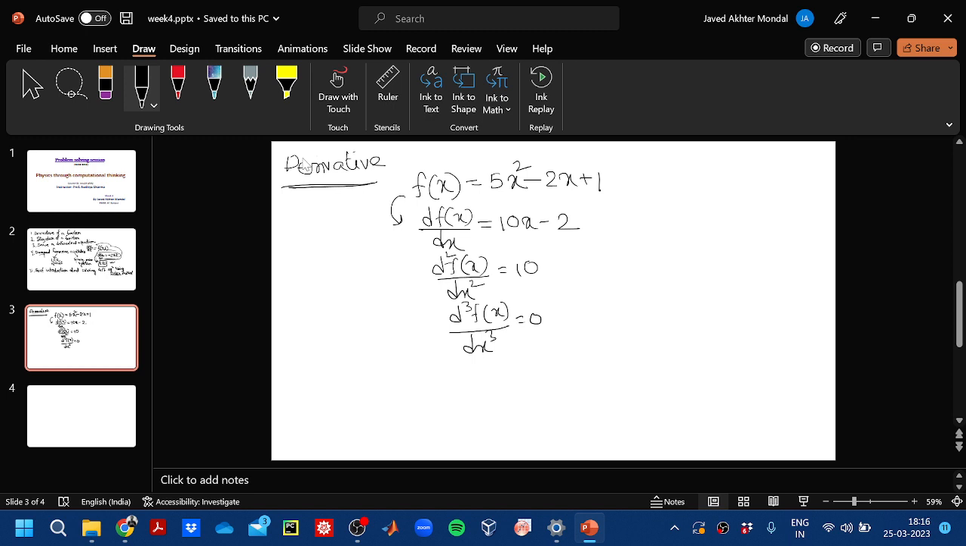For a simple function it is easy to evaluate, but if we have a complicated function, let us denote it by g. Suppose we have a function of this kind: x cube plus log x divided by e to the power x square minus 5, plus 5 into log x. If we have this kind of complicated function, and suppose we want to calculate its third order derivative, what-